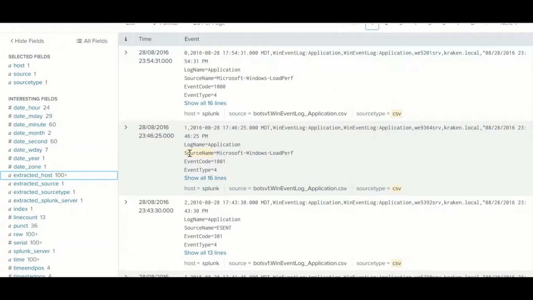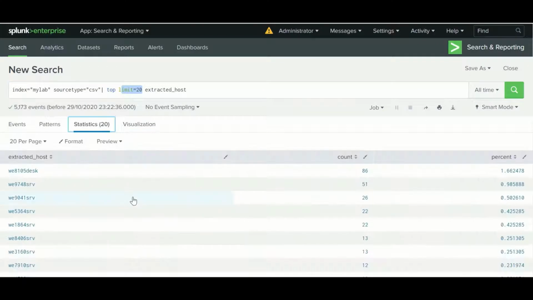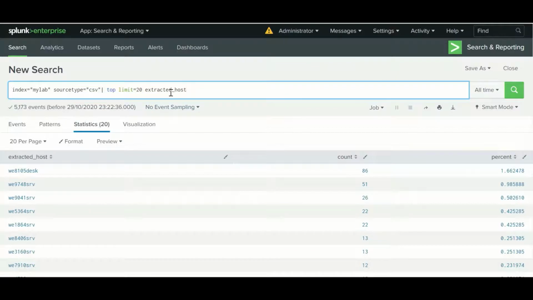Once you click on that, by default it will give you a limit of 20 records. So the top command will be applied on this field, and it will give you 20 records. Through the limit argument you can control the number of events displayed in the table.